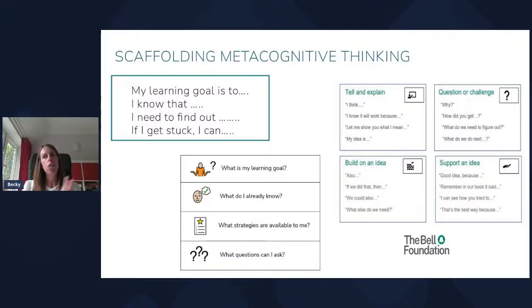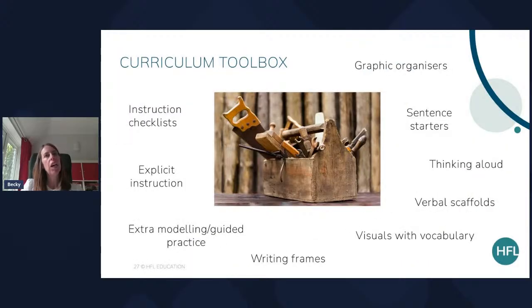So what sort of tools have you seen in your classroom? Are you seeing speaking frames in the classrooms? Are you seeing these taking place? So here you can see the curriculum toolbox that I've just gone through. And the importance is knowing your learners. This is what I know about them. These are their barriers. These are the strategies in my toolbox to help support them, to help them help the child overcome that barrier.